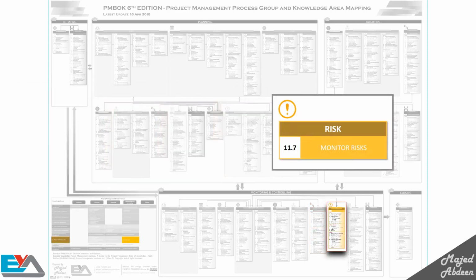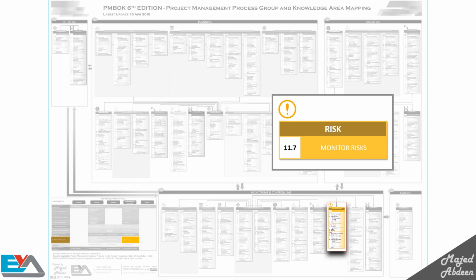Monitor risks. Here we check if our registered risks still exist or not, or if we have any new risks to add. We check whether the positive risks we already defined are still positive or if maybe some of them became negative. So we make sure our risk analysis and plan are still valid. The market and the technology change all the time, so we have to keep an eye on any environmental factors which can impact our project.